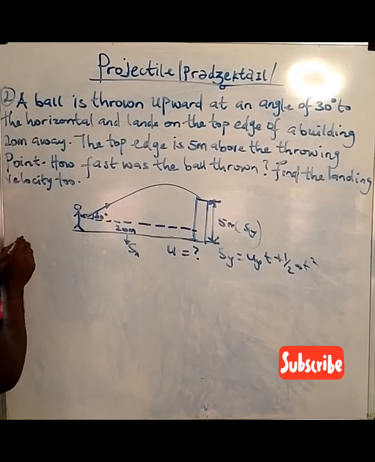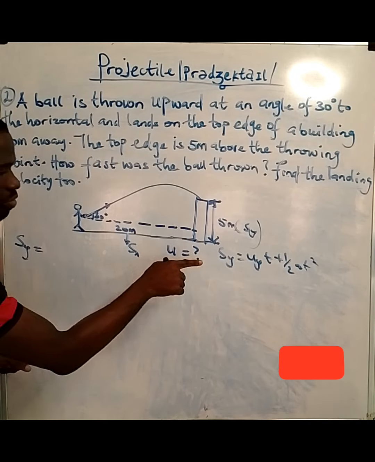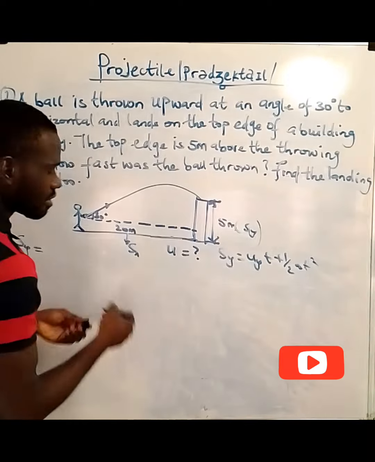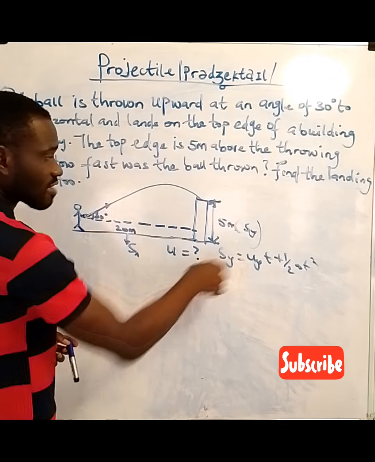So the distance along the y-axis is equal to the initial speed. By the time you combine them, the time is u cos theta. That's the time along the x-axis, u cos